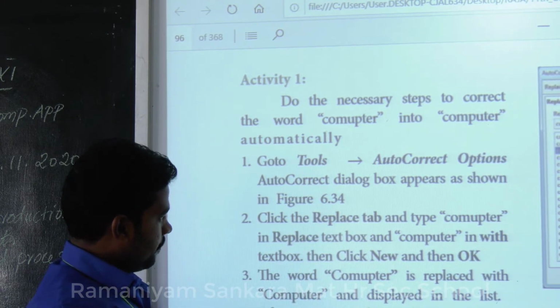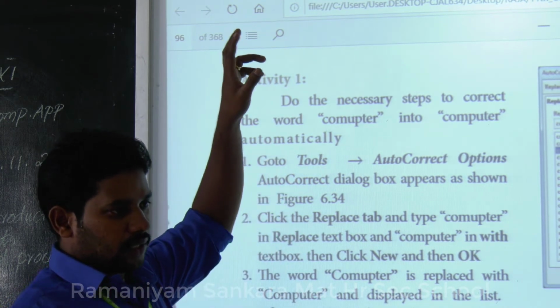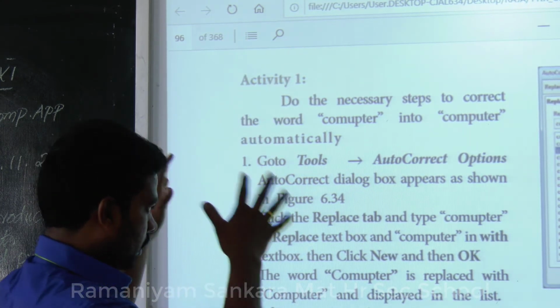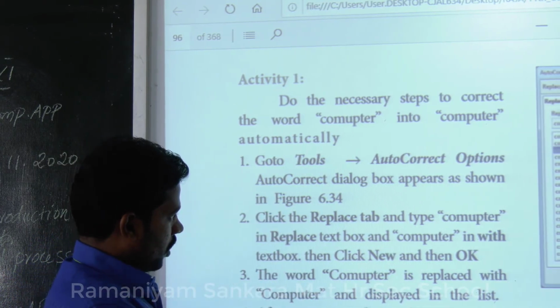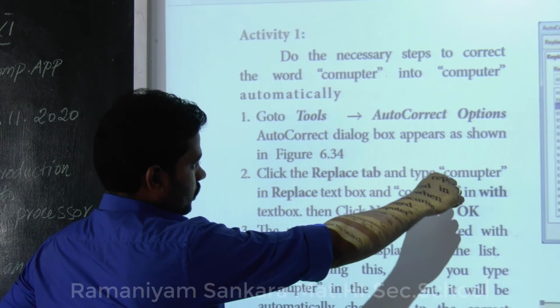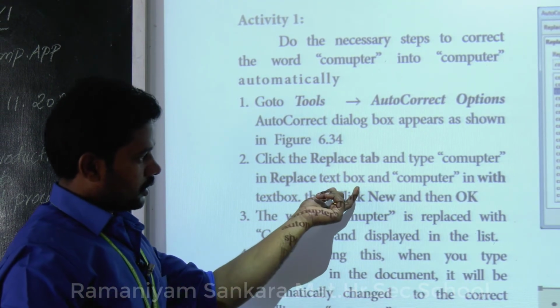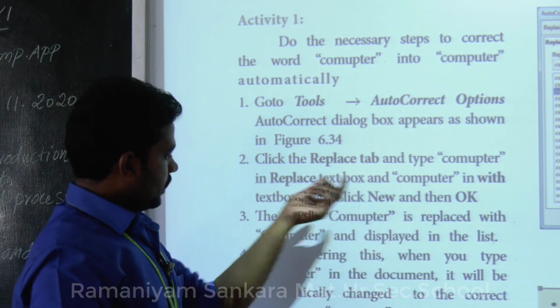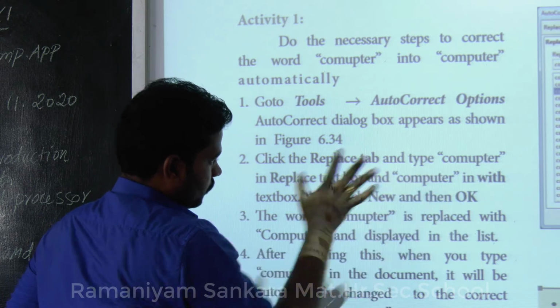The next step, click the Replace tab. You have to click on the Replace tab which will be available on that particular window or dialog box, and type the misspelled word COMUPTER in the Replace text box and computer in the With text box. So this word has to be changed to this word.